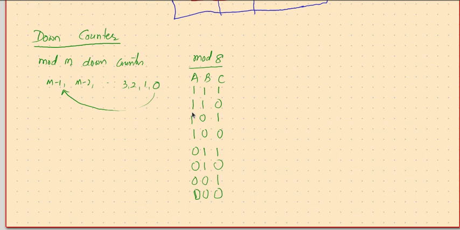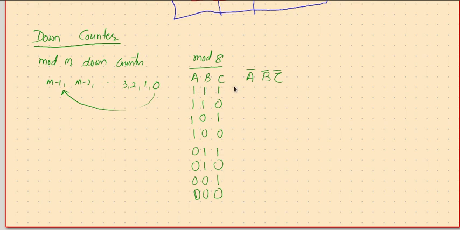Okay, how to get this? Can we use our earlier model to get this output? Let me try. What would happen if I look at A bar, B bar, C bar, for which this is our down count we wanted.